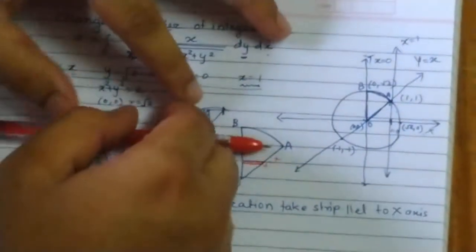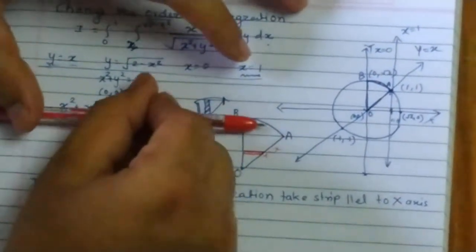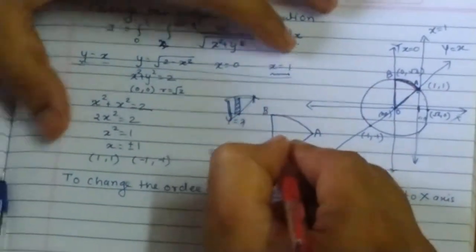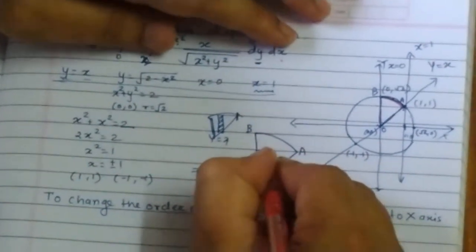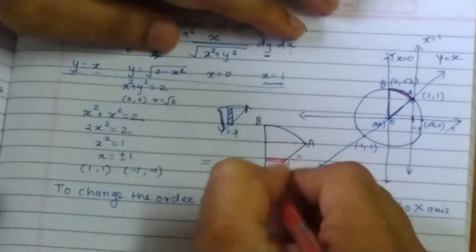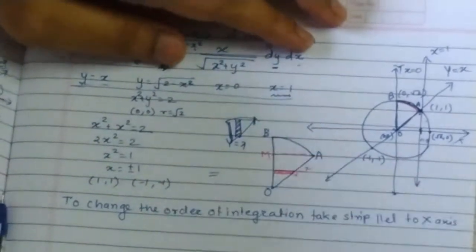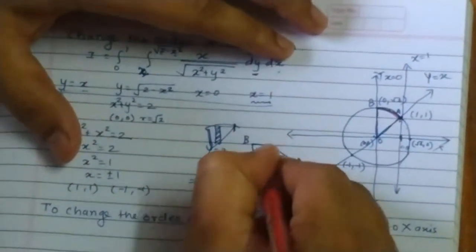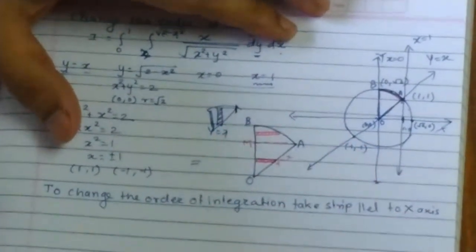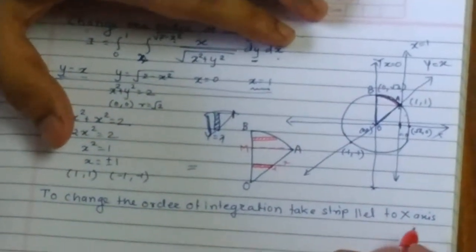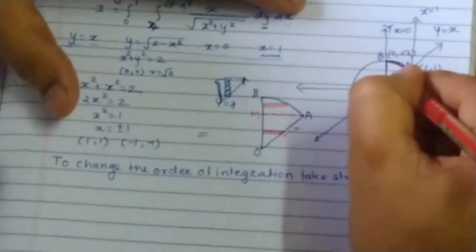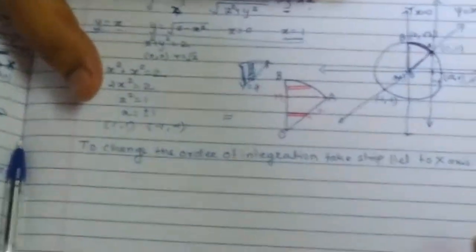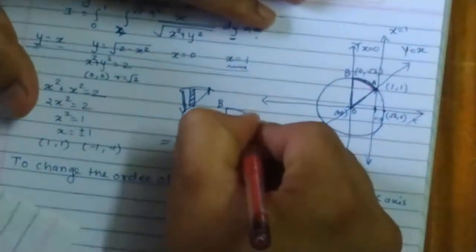But when the strip crosses the point A, the right end of the strip is nothing but this arc AB, which is a part of the circle. Hence what I do is I draw a perpendicular from the point A to the OB line, and that perpendicular will meet at the point M. So what happens, because of the change of the order of integration, as I am taking a strip parallel to the x-axis, this entire region of integration R gets divided into two sub-regions, R1 and R2.